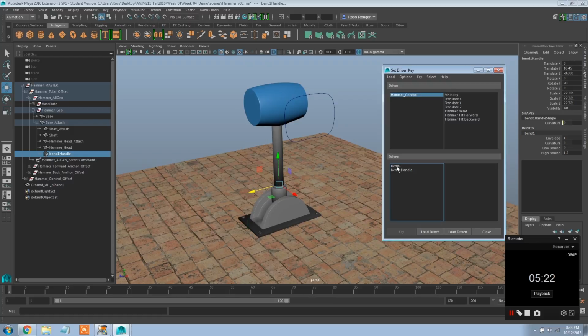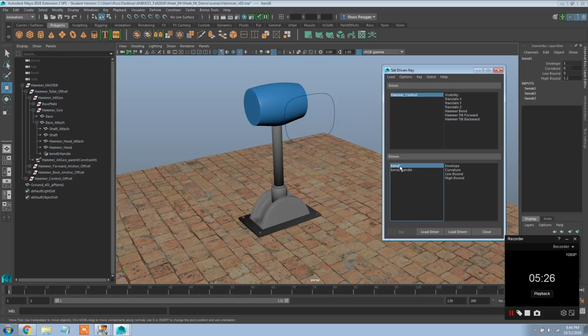And now we have two different pieces that I'm not sure why Maya has those separated. But hey, what do I know? I didn't program it. So we're going to do hammer bend as the attribute up here. Curvature is the attribute down here. Key those. Now this is going to be slightly more complicated than what we just did because I'm going to